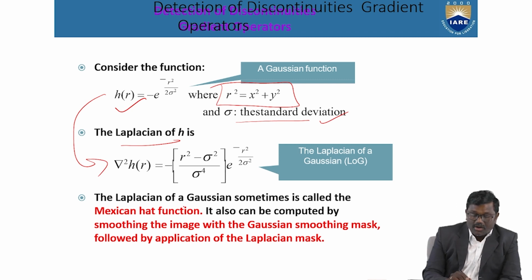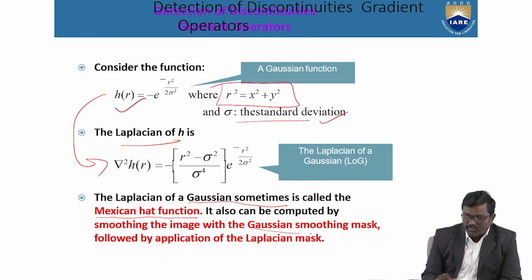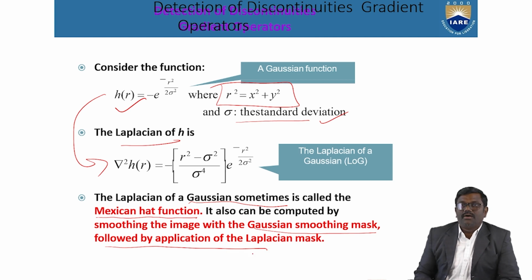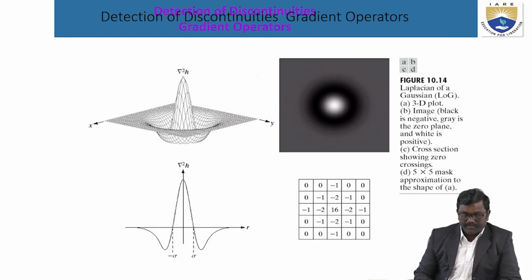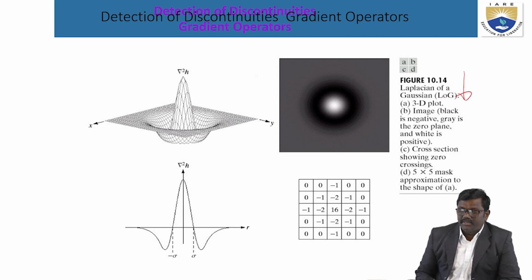The Laplacian of Gaussian is sometimes called the Mexican hat function. It is computed by smoothing the image with the Gaussian smoothing mask, followed by the application of the Laplacian mask. So here, when we concentrate on the Laplacian of a Gaussian, that is we call LoG,